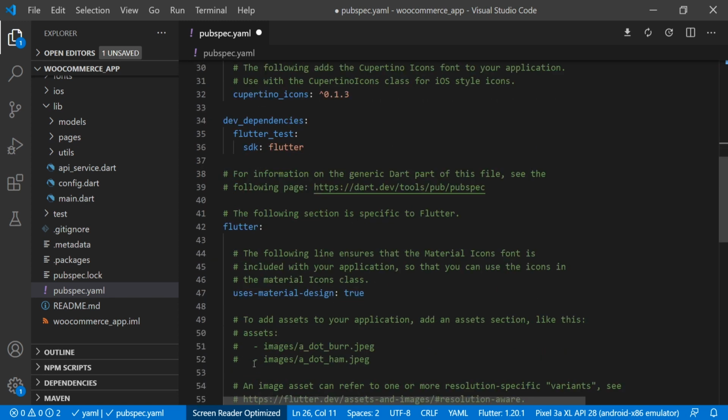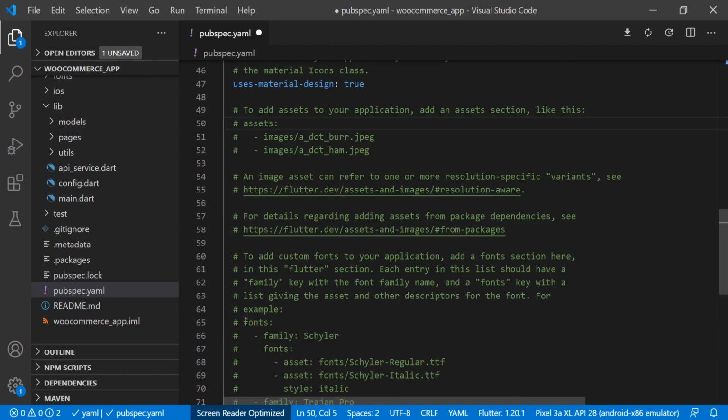And also we are going to use one font here. I'll put the link of that font in the description, you can download from there. So in the font we will define here font, then we have a font family, and the family name is cart icons, and here we will define the path here, and we are fetching the font from font folder, and we will name it as a cart